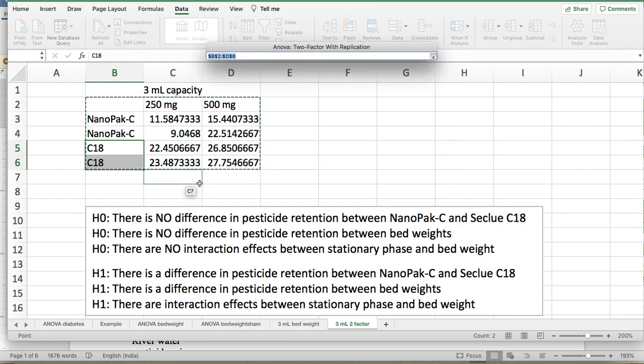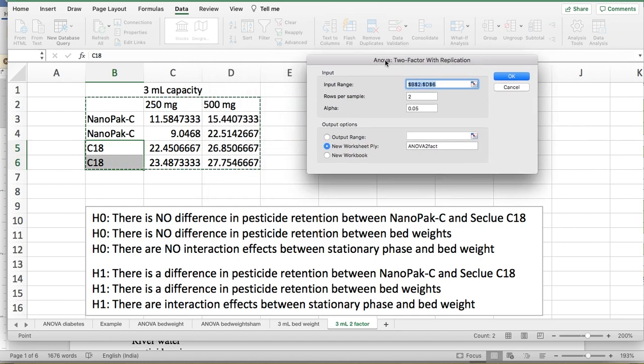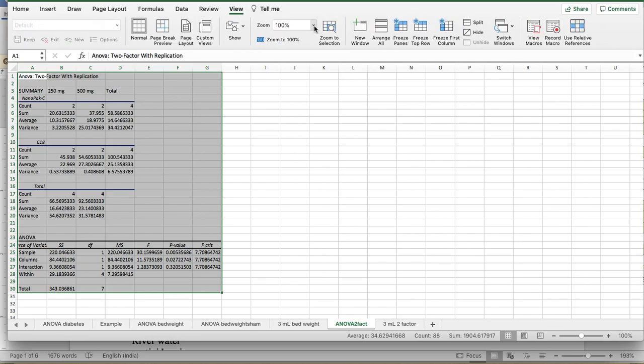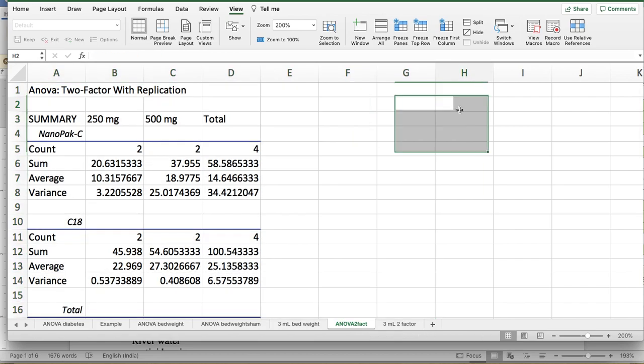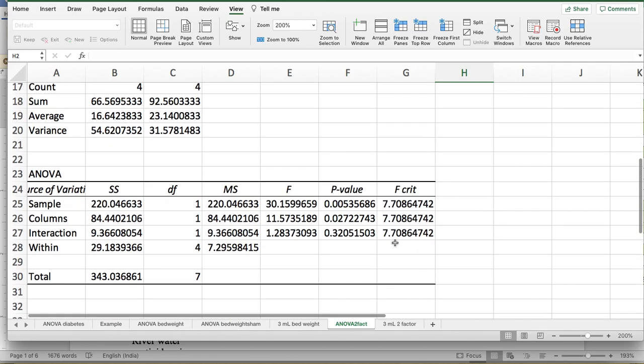Define where our data is. There it is. That looks good. Rows per sample. I have 2 rows for each one of the samples, so those have to be equal. Our alpha level is set at 0.05, and let's say OK. All right. We have summary output for the one material, nanopack C. We have summary for the other group, C18, in each one of the bed weights that we tested. But now going to the output table,